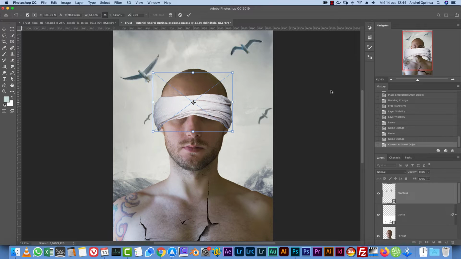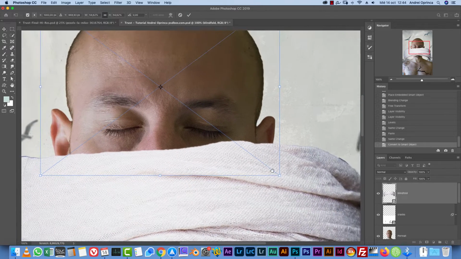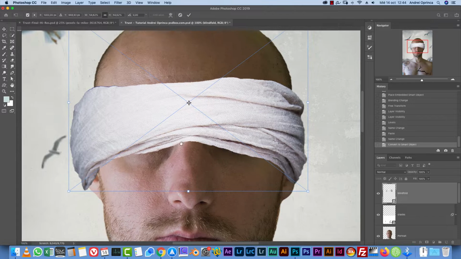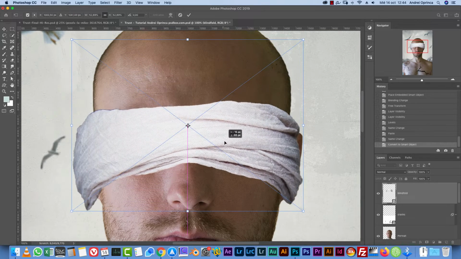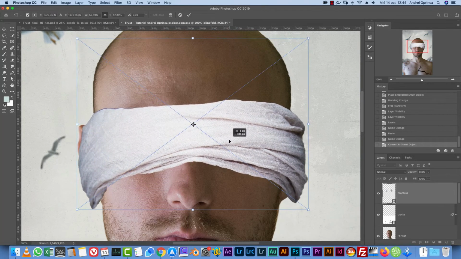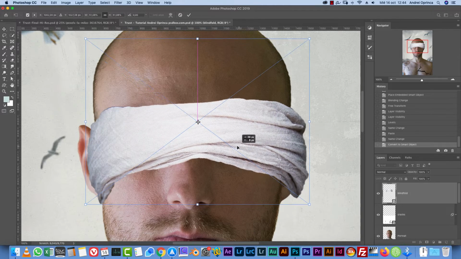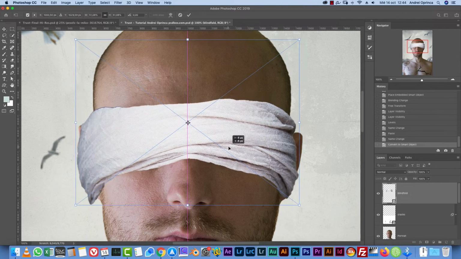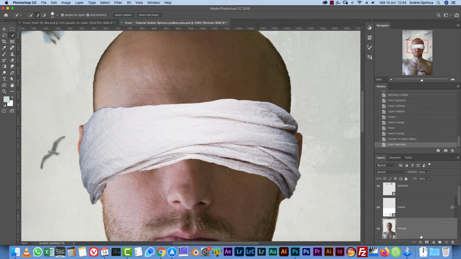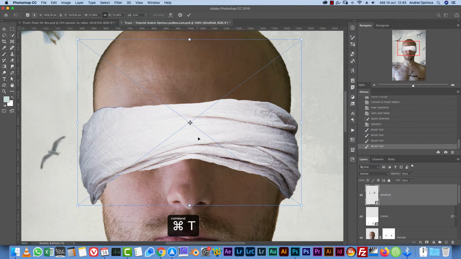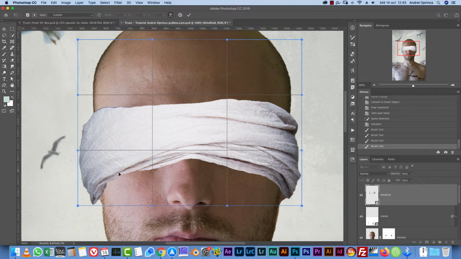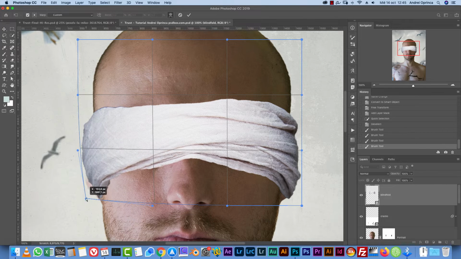And on top of that, I have to now deal with the ears, and it's more complicated doing it in Photoshop than if you do it yourself before you take the image. So let's do that. I'm gonna place it right over there, I think, and I will create a layer mask for the portrait and just get rid of the ears. Actually, oops, use the brush tool. And now on the blindfold, I'm gonna press Control Command T, right click and choose Warp, and I will use the Warp tool to